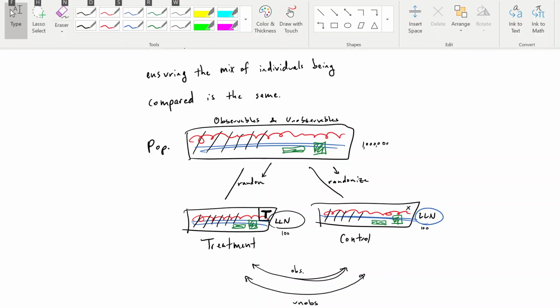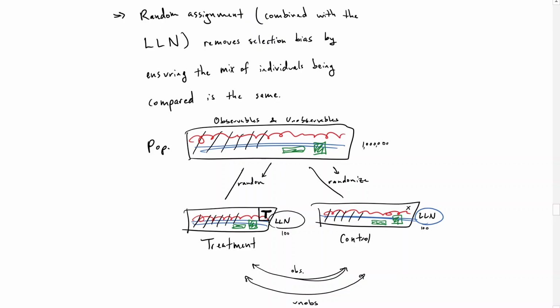Hi everybody, welcome back. In this video we're going to continue talking about randomized control trials and specifically looking at an example of a randomized control trial in the health insurance market back in the 70s. And so in the last video, recall that we were looking at what randomized control trials do, and we ended up with this